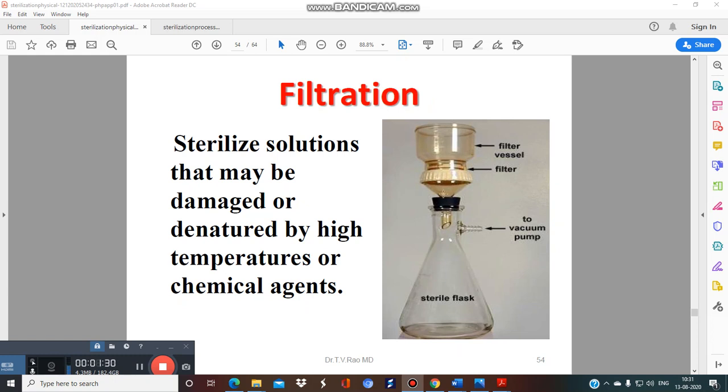This is a common example of a sinter filter that we use in our laboratory also. This is the flask basically. It has an opening for the vacuum, where we can connect a vacuum. And this is the sintered filter. Here you can put your sample, and when you apply the vacuum, the sample goes through the filter. All the residue is separated out here, and the material free from contamination is finally collected inside this flask.